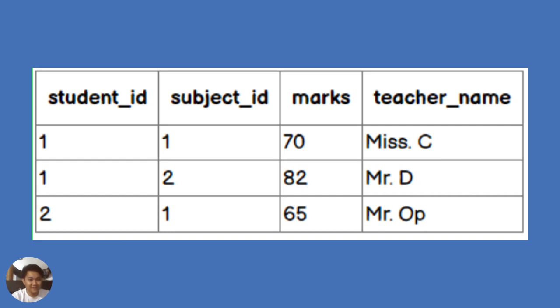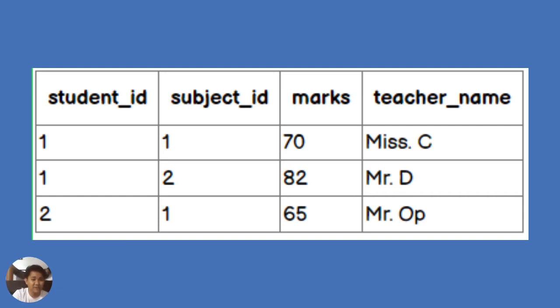Of course, it's dependent on subject ID, since a subject refers to one teacher. But does teacher name have a relationship with student ID? That is usually not the case, since student ID is not usually directly related